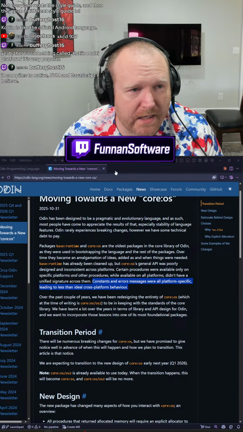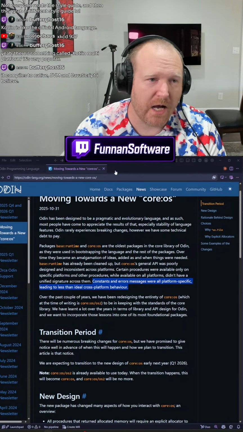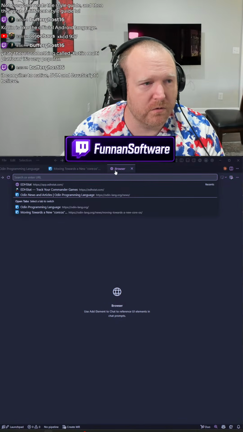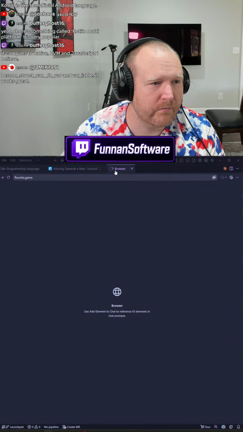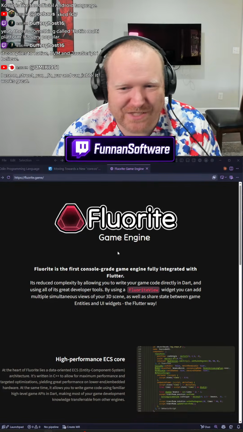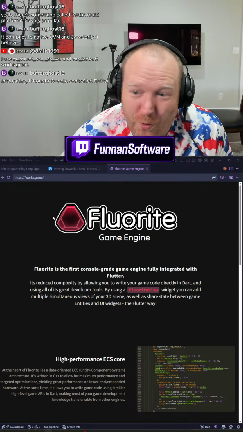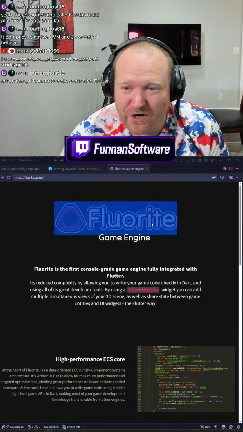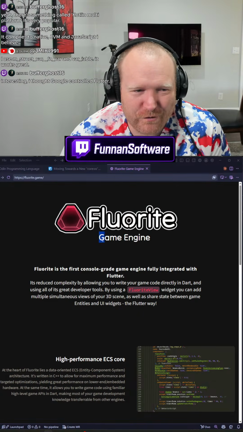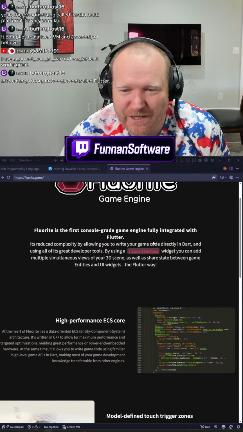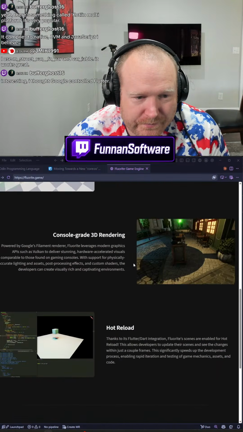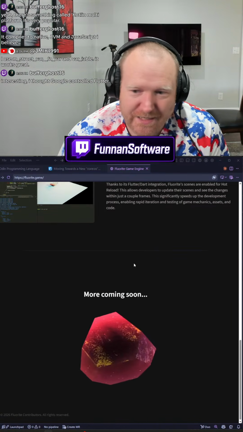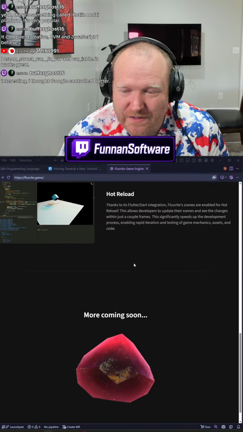I'm also still looking forward to Toyota, the car company, entering the open source game engine realm, except they're using Flutter to do it.